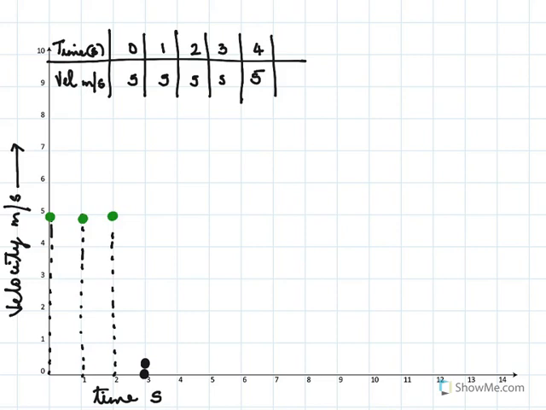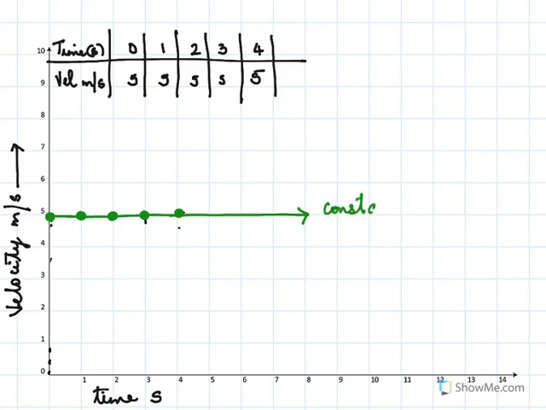So this body seems to be going at a constant velocity. If you notice here, for all the time, the velocity is always 5 meter per second. Now if we join the graph, we will get a straight line, which will continue to be, because it is moving at a constant velocity. So when the velocity time graph is parallel to the x-axis, we can say the body is moving with constant